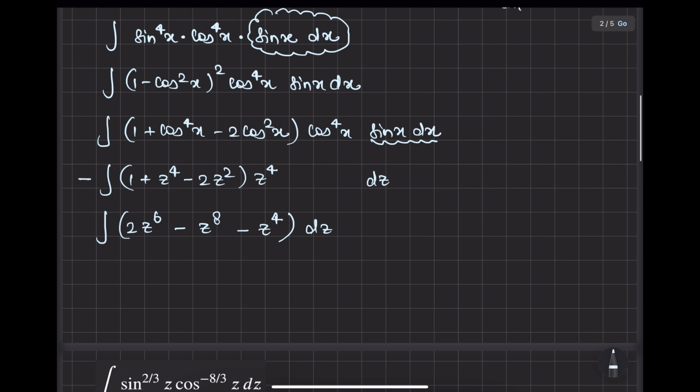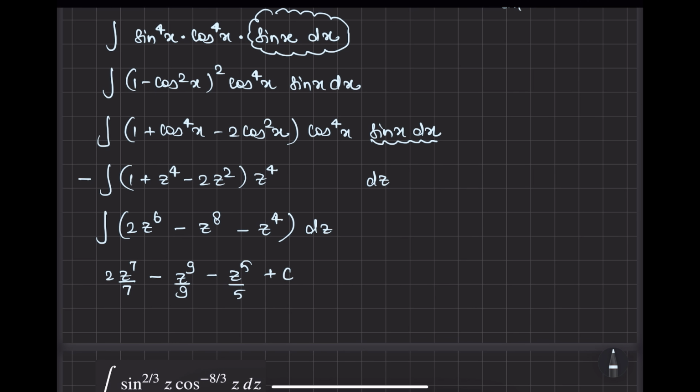Now let's do the integration. You know that z power 6 integrates to z power 7 by 7. So 2 z power 7 by 7, and then z power 9 by 9 minus z power 5 by 5